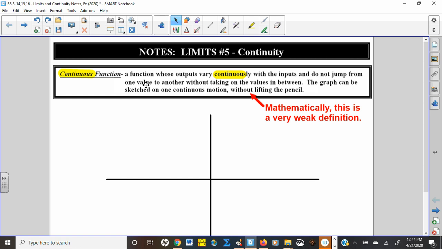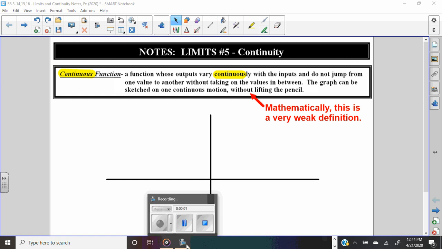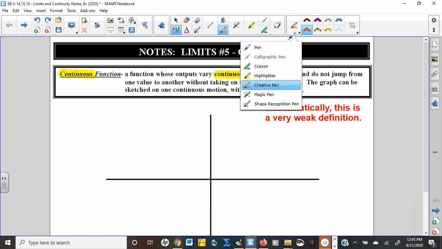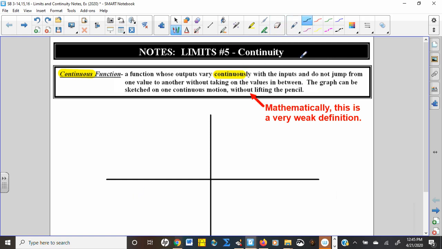So not a great definition, and definitely not a mathematical definition. A lot of things working against it. I mean, we understand it. It's a good intuitive definition. We understand that you can't lift the pencil, even if it's just a hole, right? Even if it's a removable discontinuity, and you only have to lift that pencil just for a second. Well, still a discontinuity. You still had to lift the pencil. So